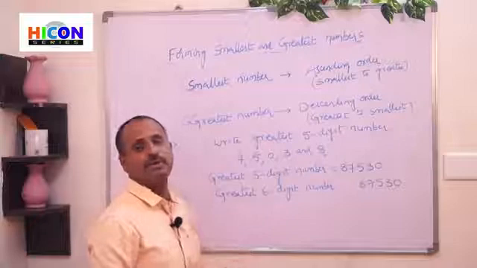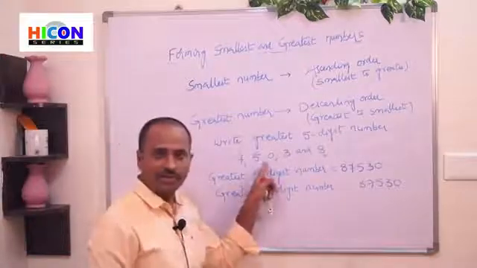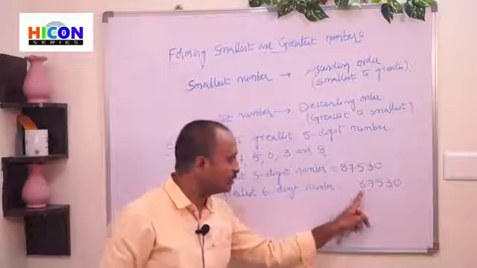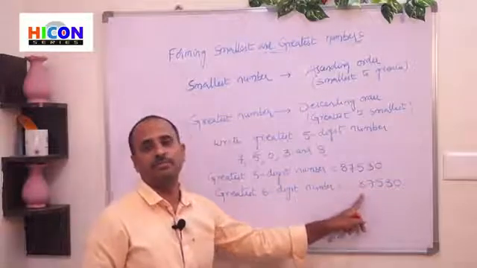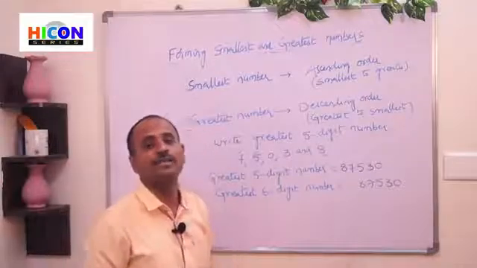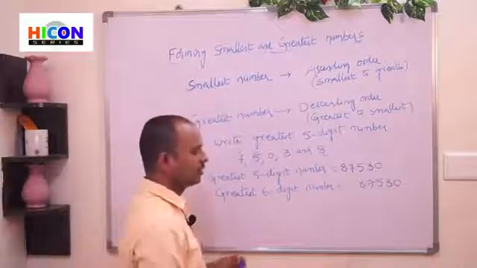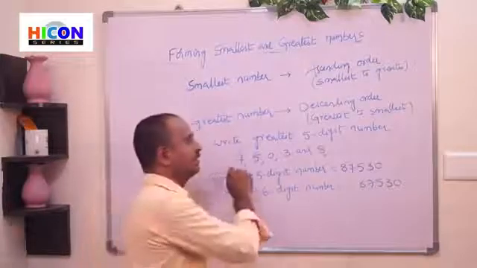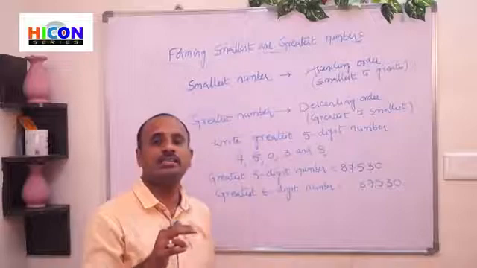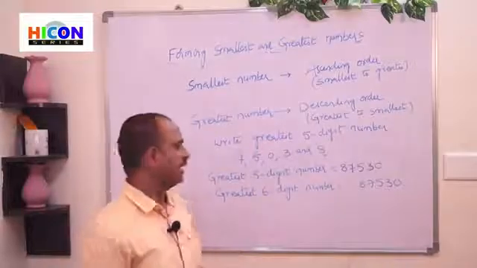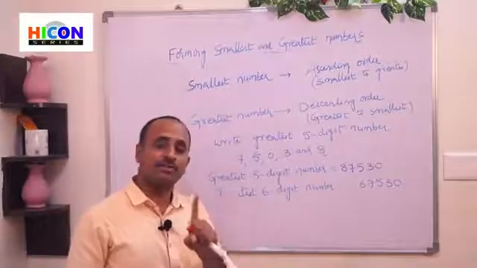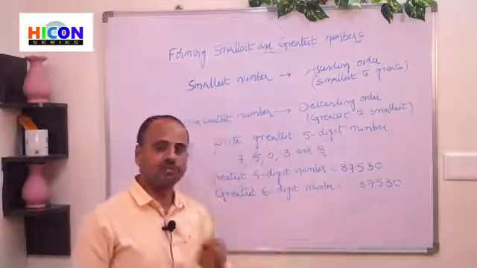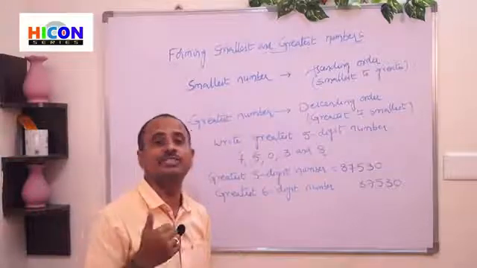So children, remember, there are only 5 digits, but we want the greatest 6-digit number, and we have obtained the greatest 5-digit number. How to write the greatest 6-digit number? Repeat the greatest digit among the given digits as many times as required. Here we require one more digit, so repeat the greatest one.